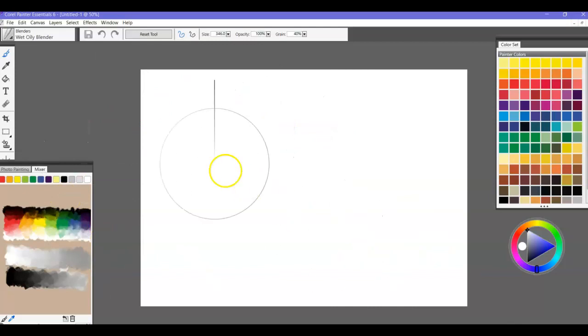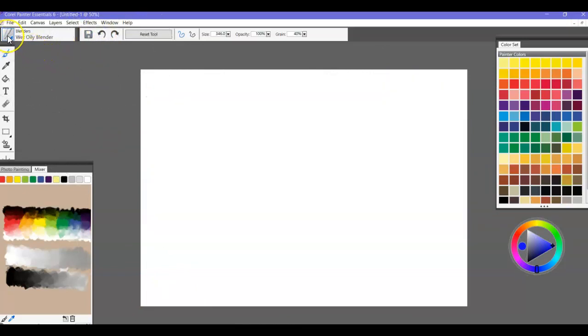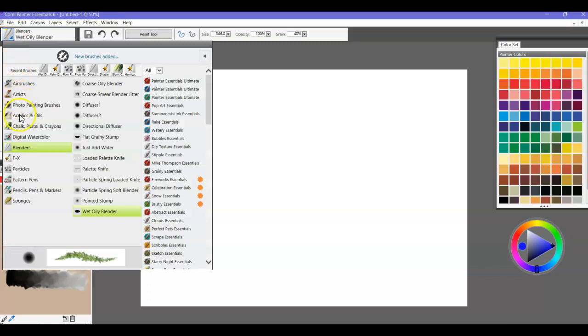So then we have a blank canvas here. And I really don't like the default tool that we are given, it's like a wet oily blender. Here, let me change the color. I'm not really feeling that. So usually what I'll do, and this is just taking some experimentation and playing around to figure out what I like, but I like to do my base with chalk. I don't know, I just kind of like the chalk, and I usually go with blunt chalk, and I am no artist by any means whatsoever,